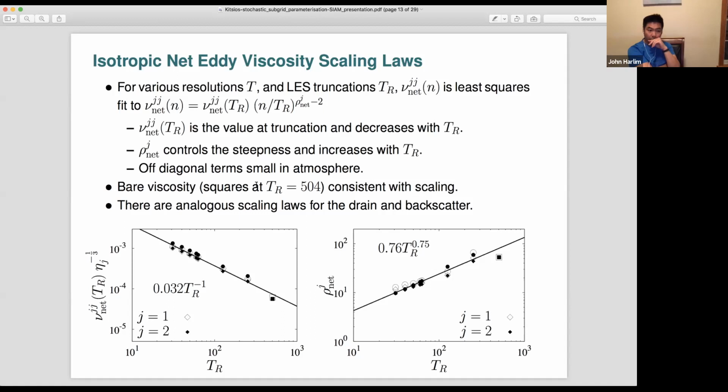Right? So for this first case, if you're in the inertial range, kinetic energy is self-similar, we thought it might be the case. We're really happy when we found the eddy viscosities are also self-similar within this inertial range. So now,